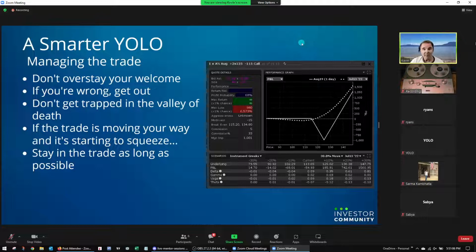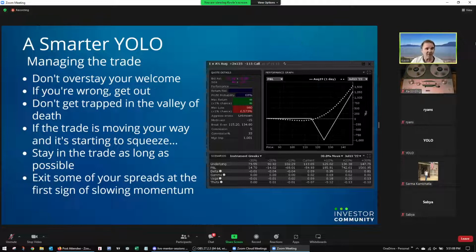So best practice, if it fits your risk management, and I usually do suggest this, is to buy at least 2 so that you can sell one for a profit somewhere along the line. If this is working really well and you see in the stock that momentum starts to slow, you would want to get out at the first sign of slowing momentum.